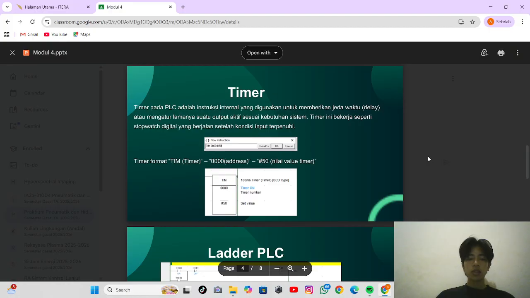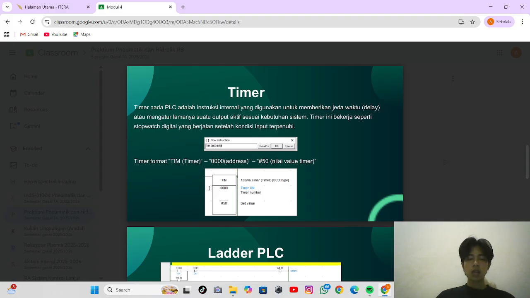The format of the timer instruction usually looks like this. Timer. Here, timer is the type of timer instruction, 0 is the timer address, and the preset is the value which means the time setting.